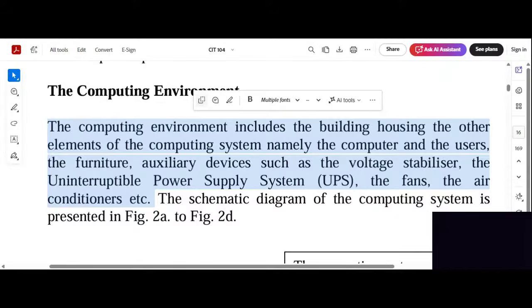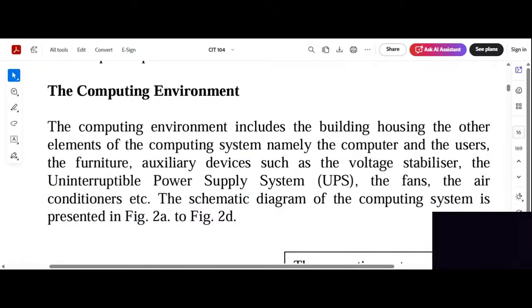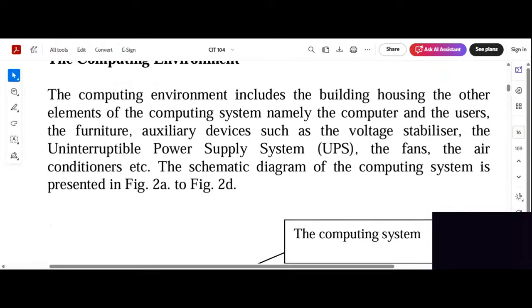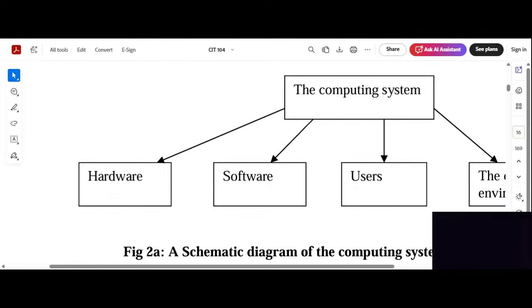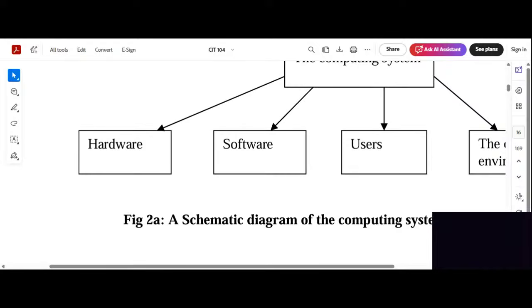We're not talking of laptop, but the one they used to put on desktop, that one that looks like television. It now serves like a battery, does the work that a battery is doing in a laptop. That is the work UPS does. And the full meaning of UPS is the uninterrupted power supply system. So the schematic diagram of the computing system is presented below. Now, these are the things we are going to see in the next part.